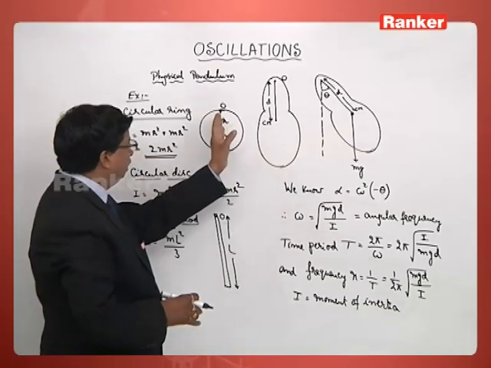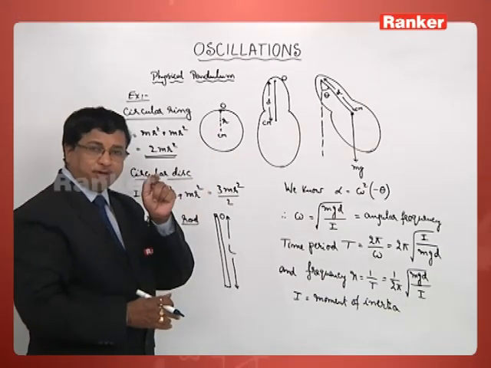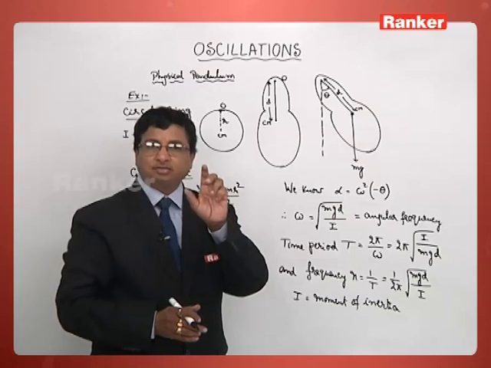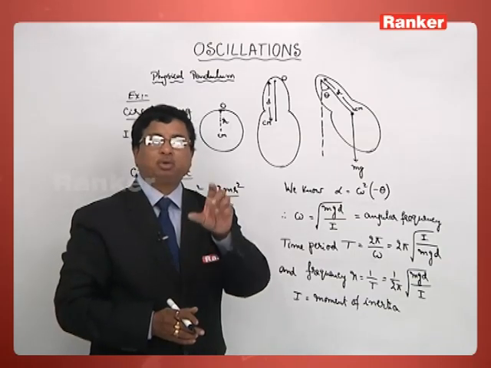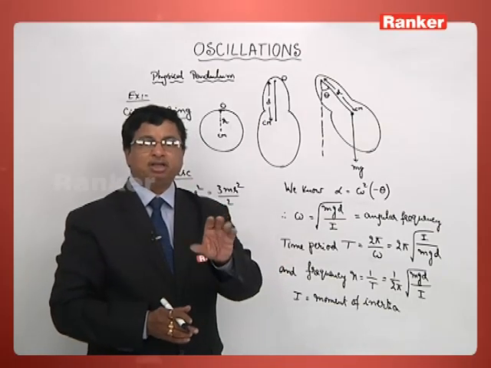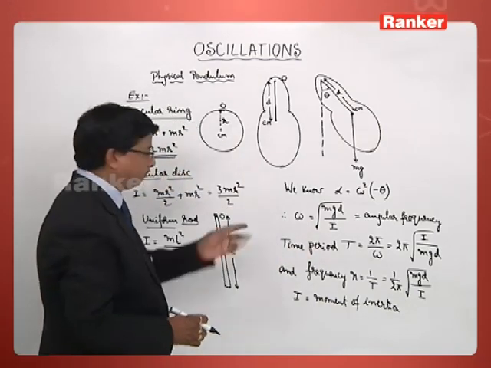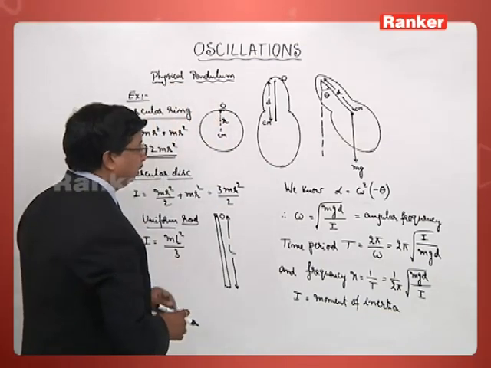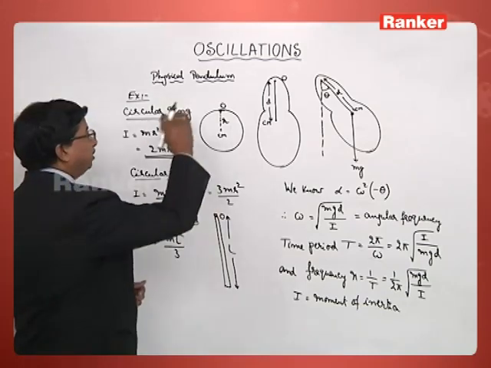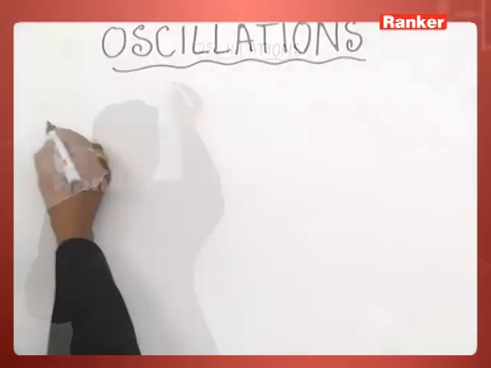So, depending on the mass of the body considered and the axis with respect to which the body is being oscillated, that is very important. Considering that axis, we have to estimate the distance over there. Thereby, considering that mass and distance, one can estimate the moment of inertia in each of the cases. So, this is one of the wonderful applications of angular simple harmonic motion in this topic called oscillations. Let us take another example,